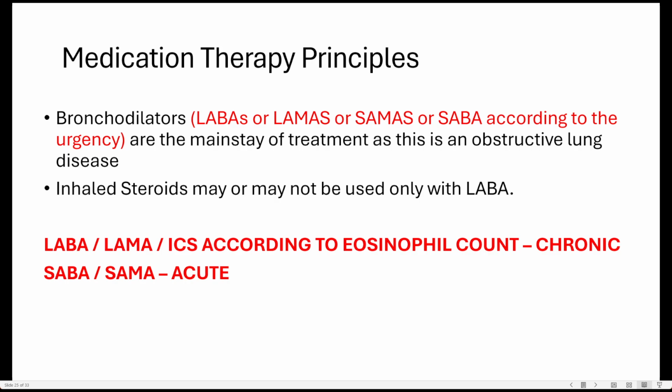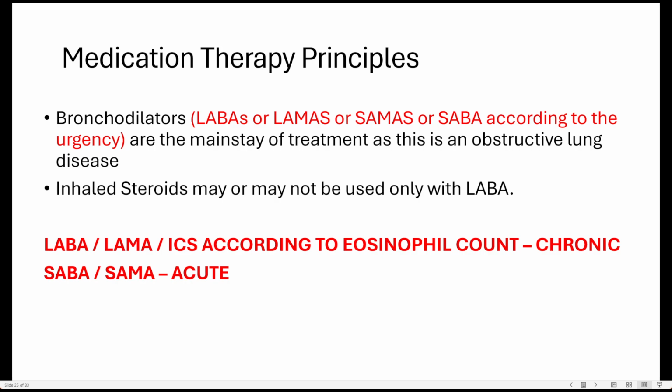Because this is an obstructive lung disease, we might use a bronchodilator agonist, all right? We might use a LABA or a SABA. We might use an antimuscarinic, a LAMA, a long-acting, or a SAMA, a short-acting. So we might use one of them. We might use both of them, according to whether it's acute versus chronic, and according to the severity, all